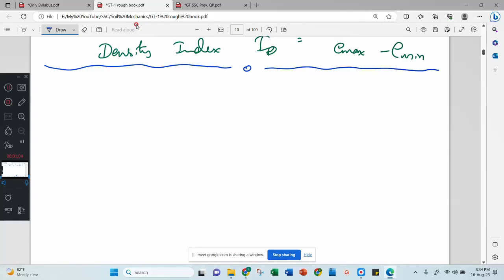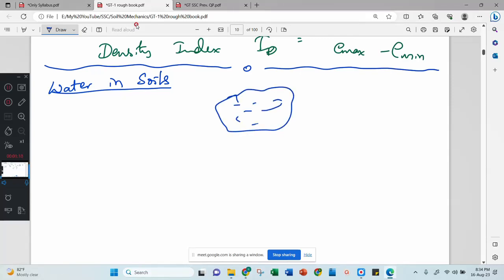Now write down water in soils. Let us consider this is a soil, and the water present in the soil is named in different ways. It might be structural water, adsorbed water, capillary water, groundwater, infiltrated water, pore water, solvent water. Like that, we have many names. Those definitions we will go through, so that if a 1 mark question is asked, we can solve it easily. The first one is